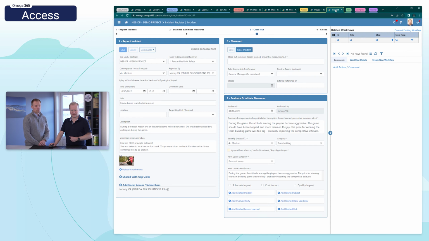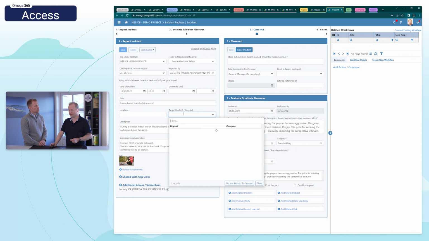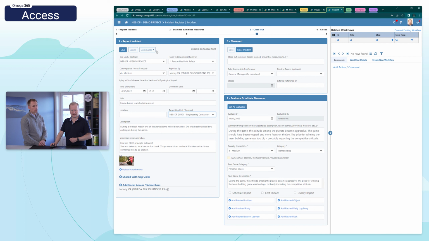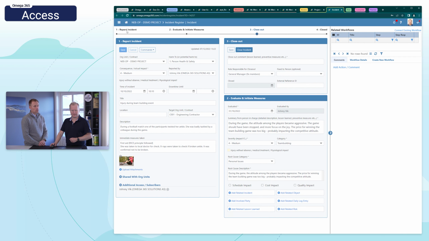When it comes to incidents, we've changed a thing here. It's now possible to share an incident with other units. An important change is that if you set the target org unit, as you will see on the tooltip, it will move this incident to another org unit, which is the one that you select here in the target org unit. So if I choose that I want to move or target engineering contractor and save and refresh,